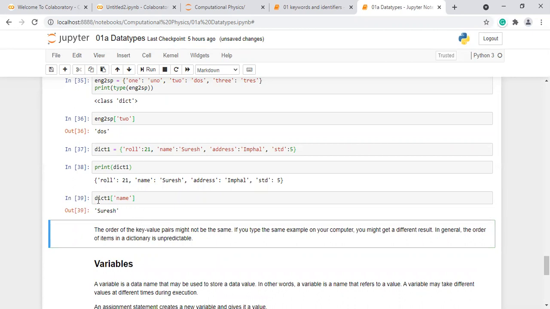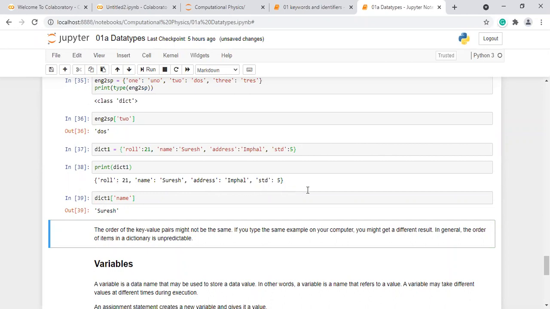In a dictionary, unlike a list or string, the elements are not accessed by position index. The order of the key value pair may not be the same.